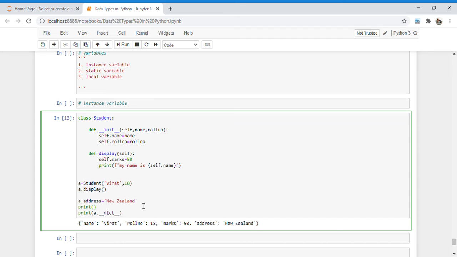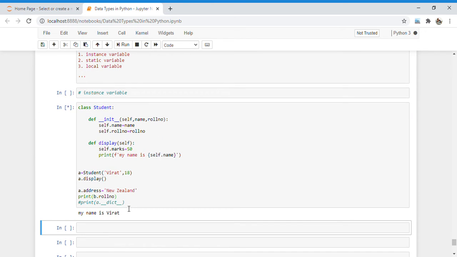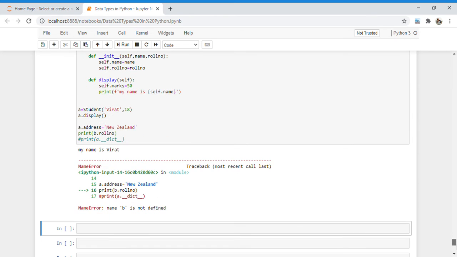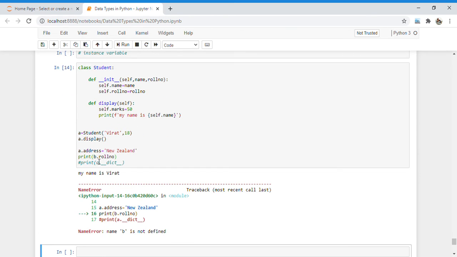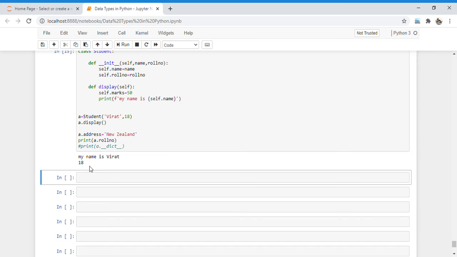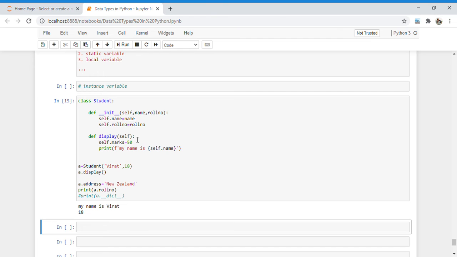Here I create one object, suppose a.roll_number. So here I can access it outside the class by using the object reference. I run it, and it prints my name is Virat. So the first variable I accessed. Here b is not defined, sorry, I have to use a here. So this is a way to access an instance variable inside a class by using self.